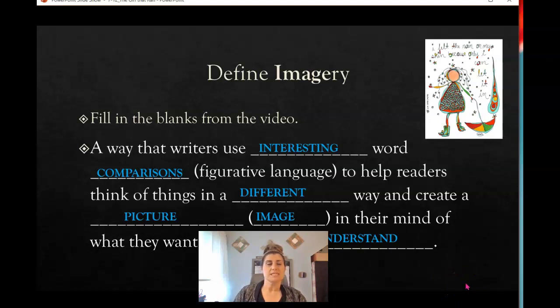Okay, so sometimes it's easier for the author to give you an example of imagery than it is for them to explain this entire big thing. So they give you an example of imagery and then you have it. Okay, so it's just another way for writers to just do what they do best. All right,